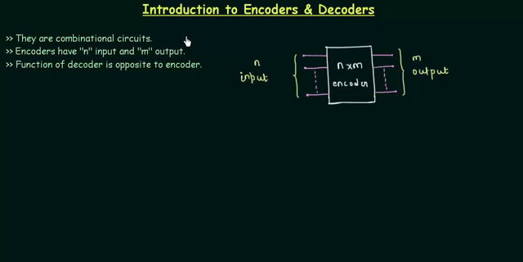We have already completed 2 topics in our combinational circuit, that were the multiplexers and the comparators. Now in this presentation we will study the introduction to the encoders and decoders. They are also combinational circuits and they fall under the MSI, medium scale integrated circuit group, and after this we have the LSI, large scale integrated circuits. If you remember, the multiplexers were also part of this MSI.